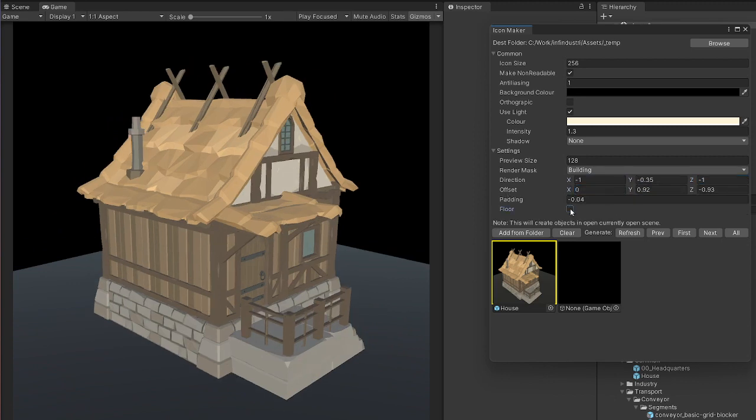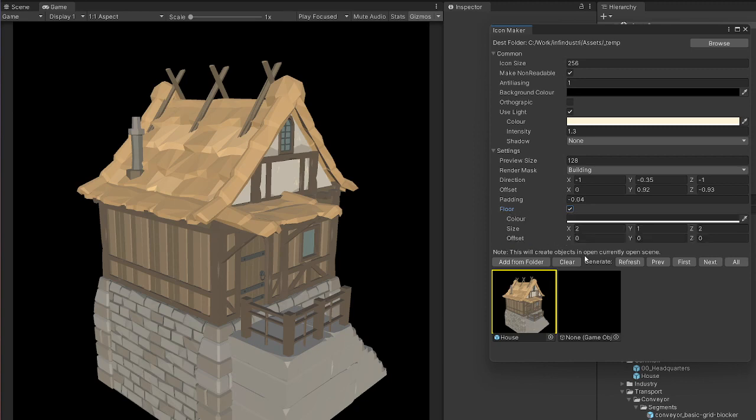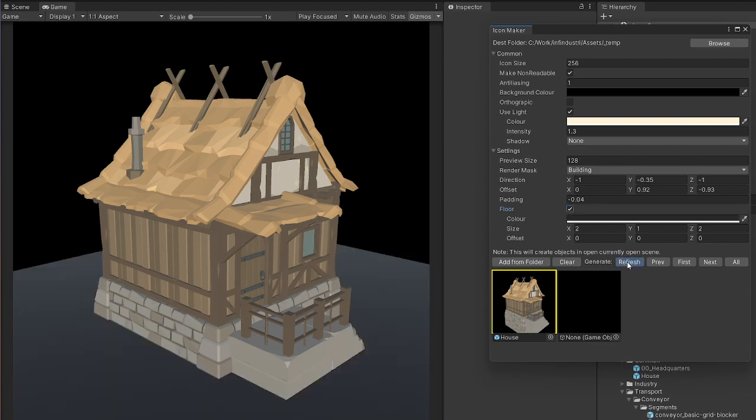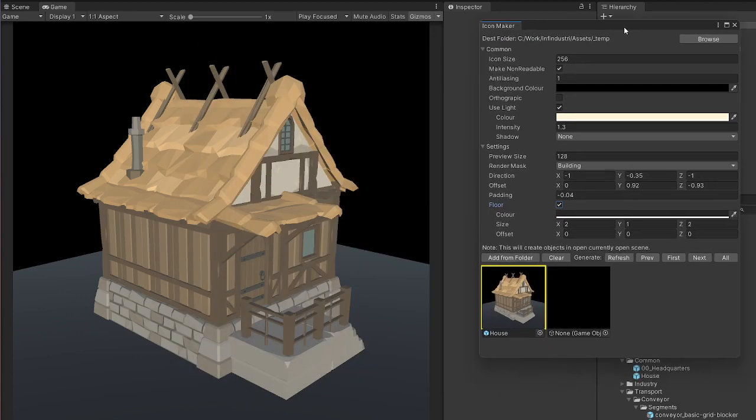And then you can see what this model looks like without the floor. It's actually a bit down here that I might not want in the icon, and that's why I've added this floor option here. And of course, if you enable something like that, you need to press refresh just to get it in the scene. It's basically just these objects being created here in the scene. And now you can move it around